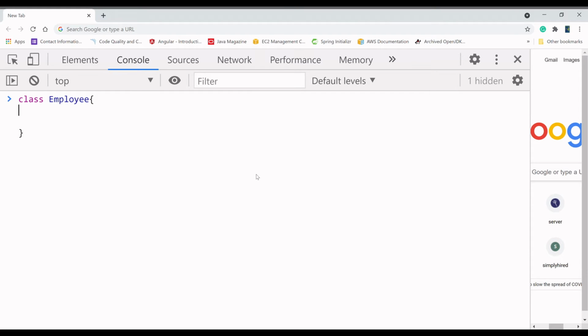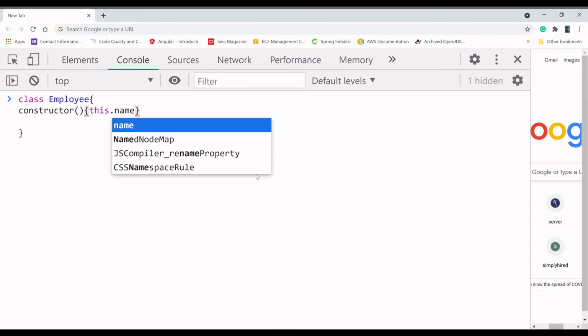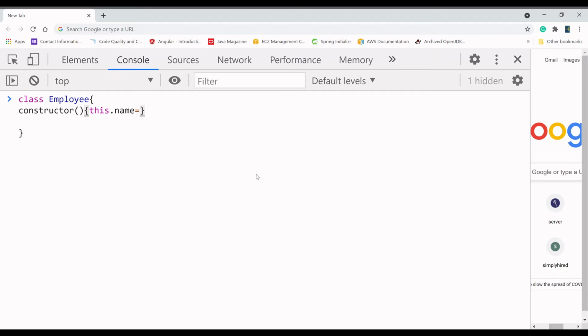So we will write constructor, and in the constructor we have a very simple body, and we are going to write this.name equal to, I'm going to pass any name you can use, I'm going to pass the name Evelyn.